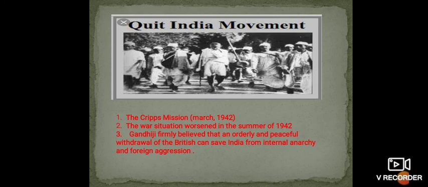So coming back to 1908, point number one is that severe government repression took place, and number two is that there were internal clashes between the extremists and moderates. And point number three is that leaders were jailed or deported to other countries. For example Bipin Chandra Pal and Aurobindo Ghosh took voluntary retirement. Okay, and see, during the revolution, students and women for the first time participated in the movement.